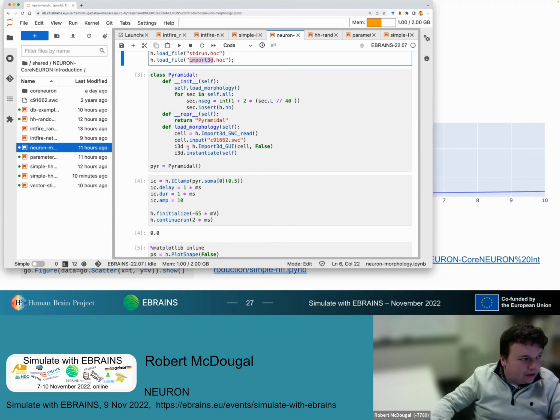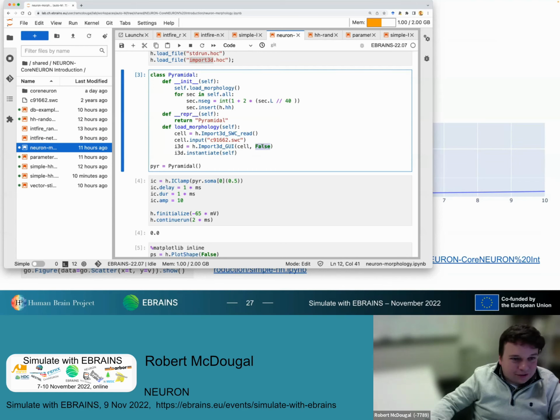And so here's an example of how I might use it. I declare a reader, I load in the Import3d, and I pass my reader to my Import3d tool. Annoyingly, it has this underbar GUI name, but if you pass false, it doesn't generate a graphical element. Then I can instantiate that morphology either at the top level, which is everything that we've done so far,